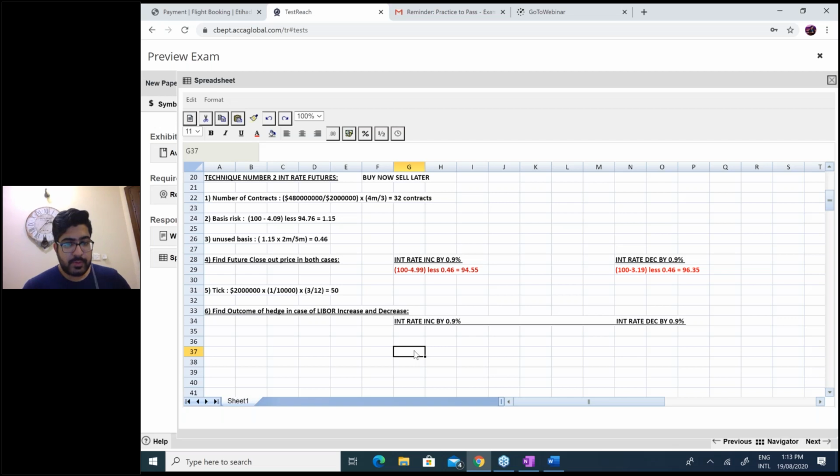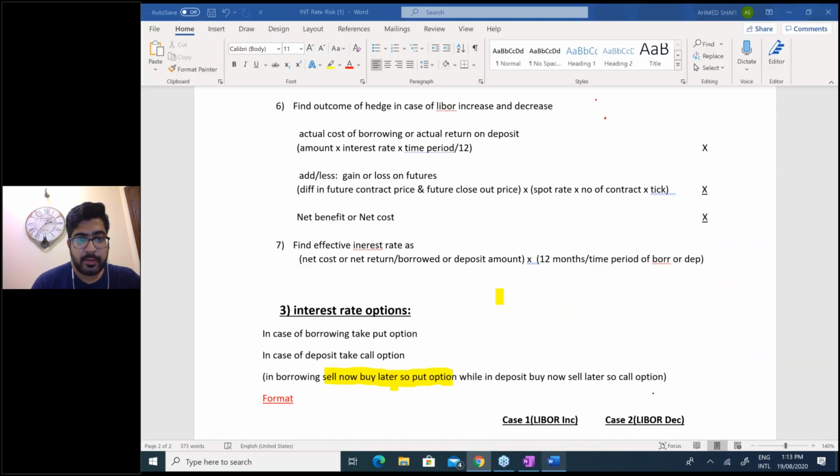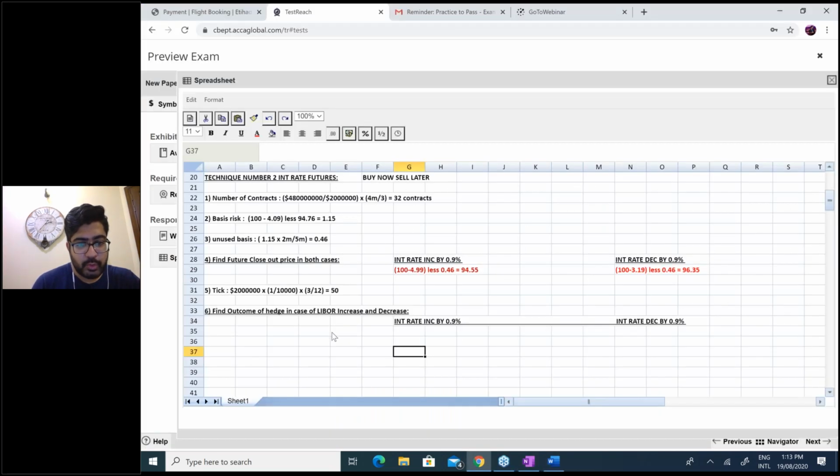So two cases: interest rates increase by 0.9 and interest rates decrease by 0.9, because step 6 requires finding the outcome of the hedge in case of increase and decrease. Okay, so what is the format? You need to take actual cost of borrowing or actual return on deposit. It's the same. You already did the actual cost of borrowing or actual return on deposit. It's a deposit case, so it will be